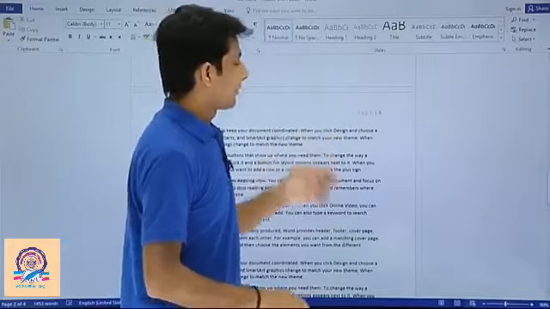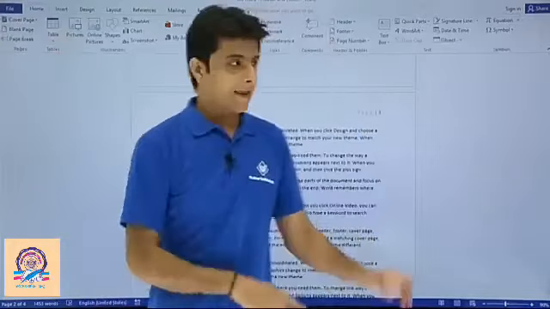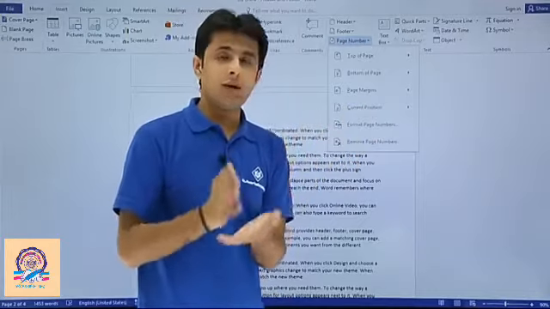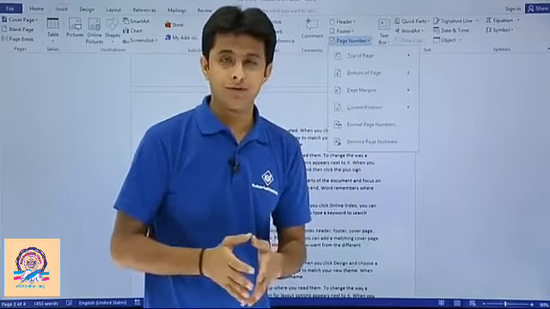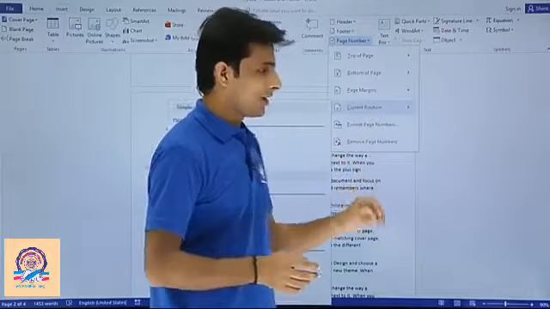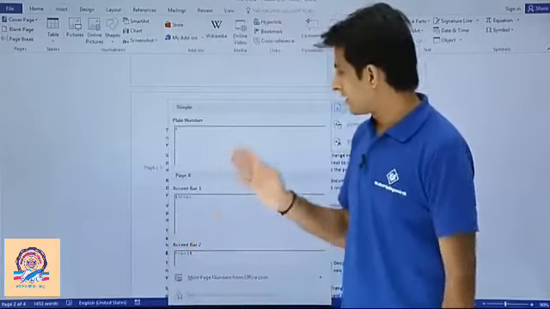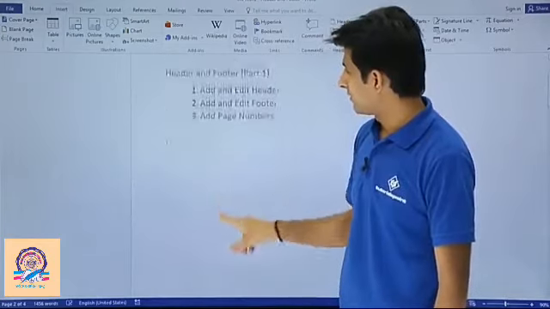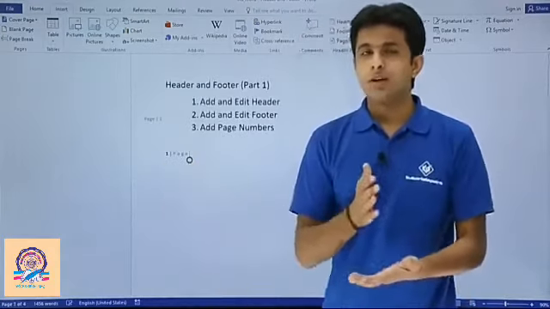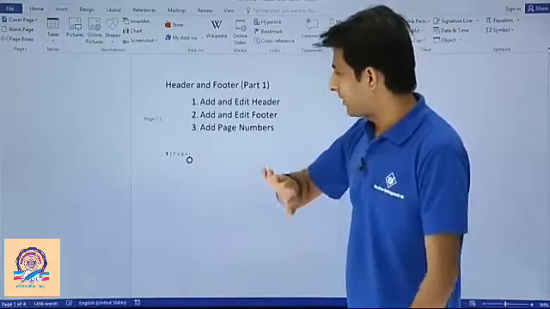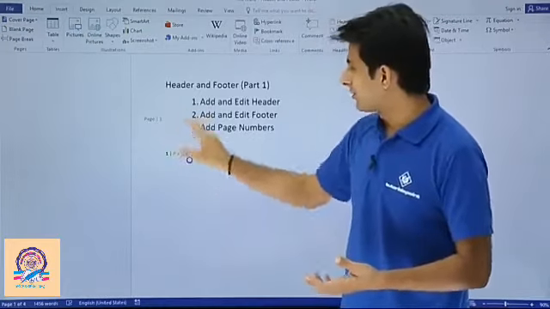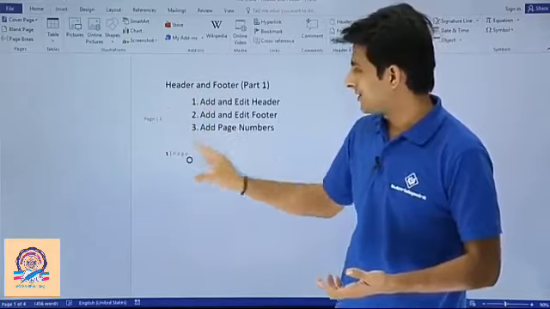Let us see one more example. I'll just go to the Insert tab and go to this Page Number, and suppose you want to add the page number to your current position. So you can use this option, Current Position. Wherever your cursor is blinking, at that place the page number will be added. So if I click on this place, my cursor is at this place. So at the current position, my page number has been added, right? So you can also add at different positions: header, footer, the margins, and the current position.